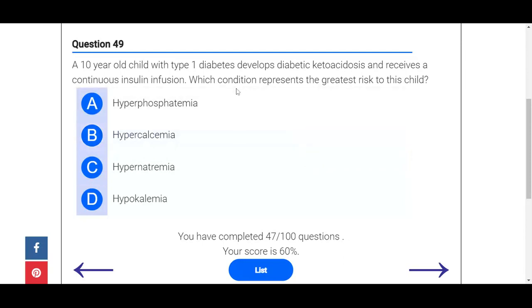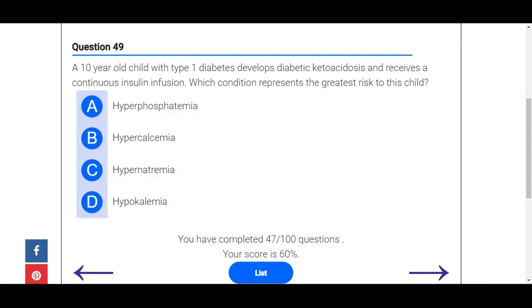Next one. A 10-year-old child with type 1 diabetes develops diabetic ketoacidosis and receives a continuous insulin infusion. Which condition represents the greatest risk to this child? So this is diabetic ketoacidosis. Hyperphosphatemia, hypercalcemia, hypernatremia, or hypokalemia. So when you have diabetic ketoacidosis,